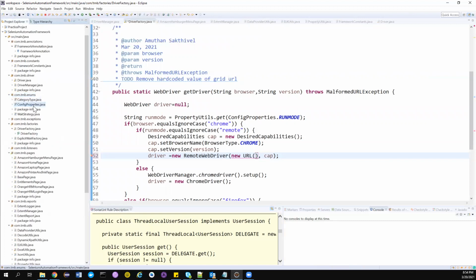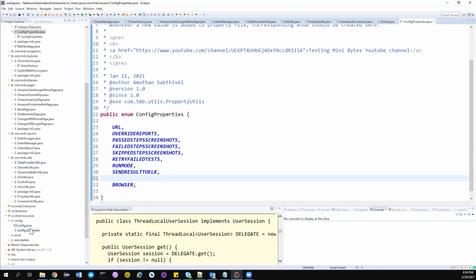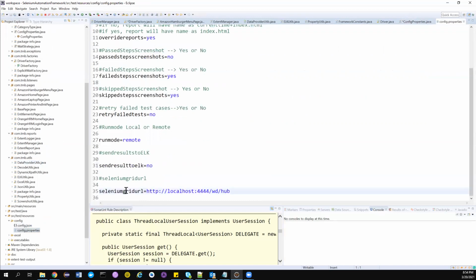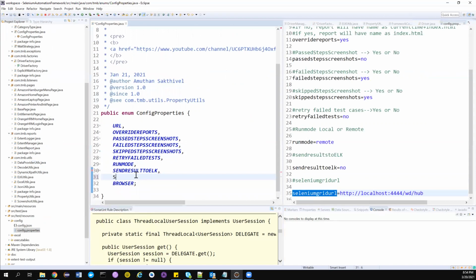Here I need to add this particular URL. In config.properties we use Selenium grid URL, so the same thing: Selenium grid URL. Good.